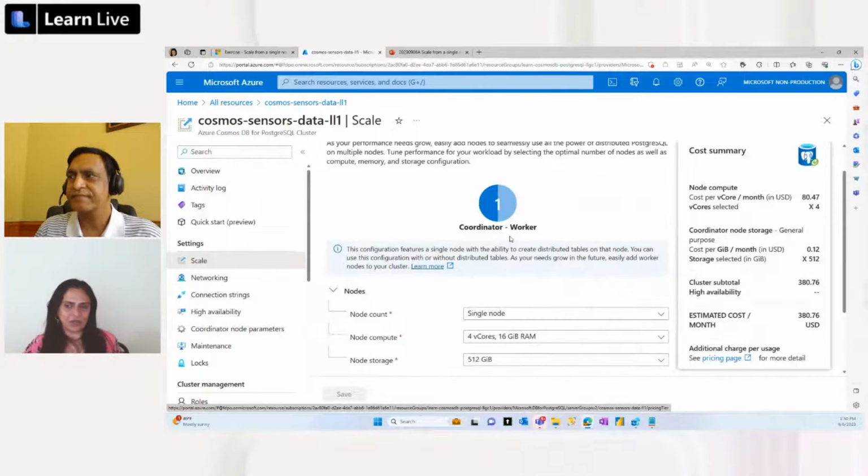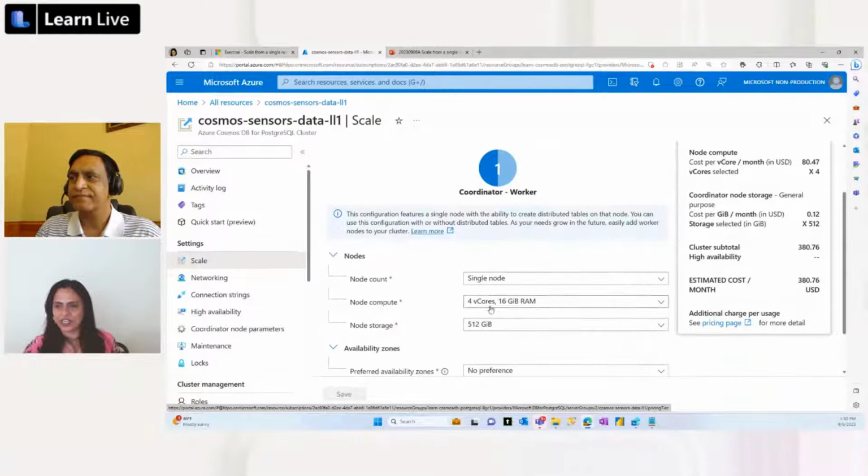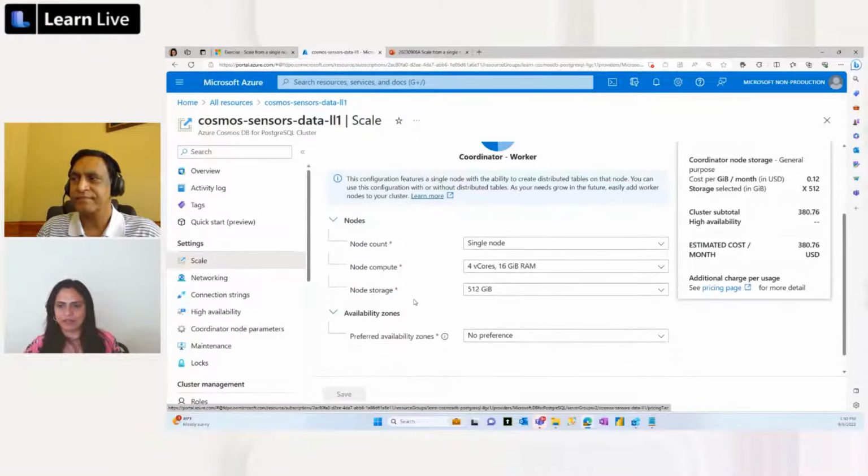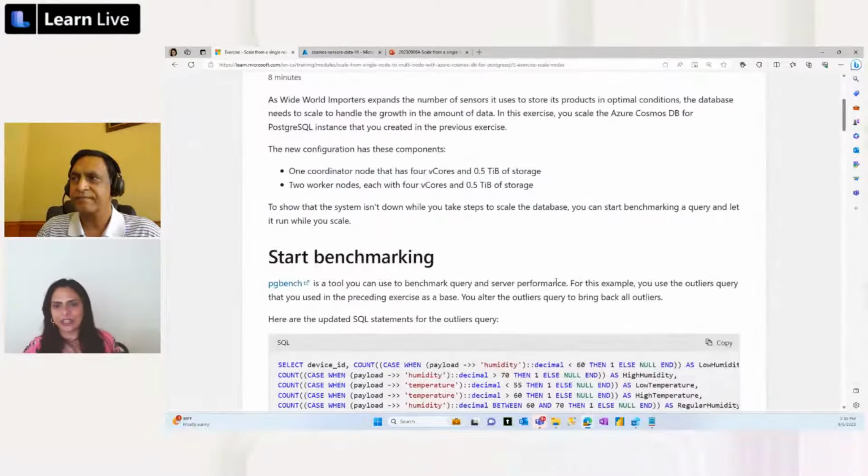Okay, so we have one node. It's a coordinator node which has 4 vCore, 16 gig RAM, and 512 is the node storage, right? So now let's go back to the node. I'm not going to start adding the nodes just yet, because what I want to show you is